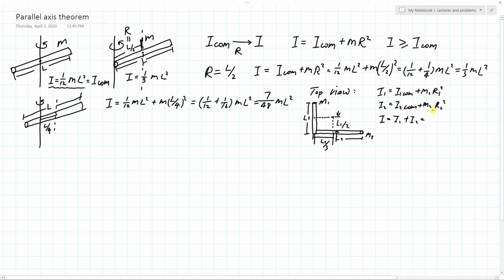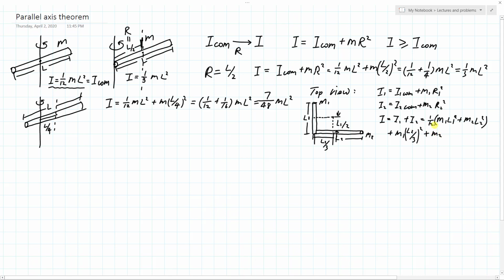Adding these together should be easy. So 1/12 M1 L1 squared plus 1/12 M2 L2 squared. The center of mass versions are the same, except that these values are different. So now they're added together. Then adding M1 times R1 squared. So what is R1? Starting from this point, I moved away this much, which is L2 over 3. So L2 over 3 squared